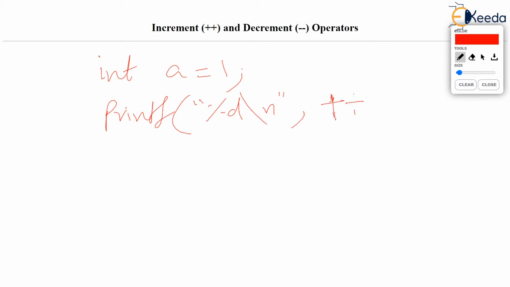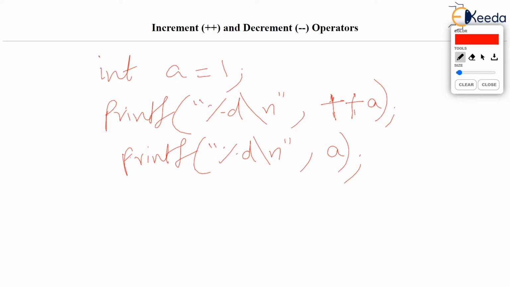We are going to print plus plus a, and the next line, just for checking sake, we are printing percent %d backslash n a. Now check, our area of interest should be this plus plus a. We are asking printf to print the value of plus plus a. But what is this plus plus now? In this situation, this plus plus is the pre-increment, isn't it?